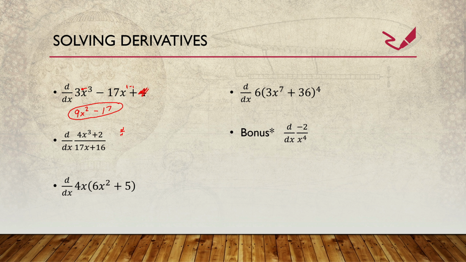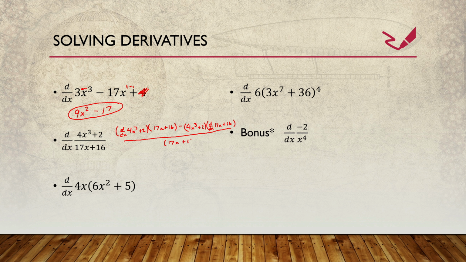If we have d/dx, which is the best notation for doing the derivative, of 4x to the power of 3 plus 2, multiply this entire expression by the lower, which is 17x plus 16, minus 4x to the power of 3 plus 2 times the derivative of the lower, which is 17x plus 16, and the entire thing is going to be under